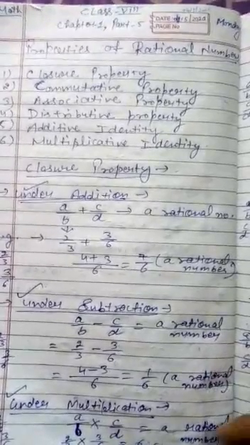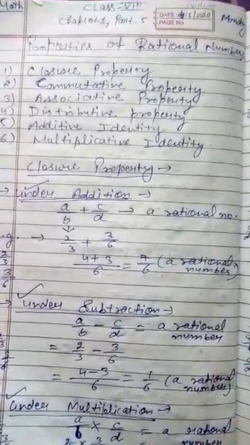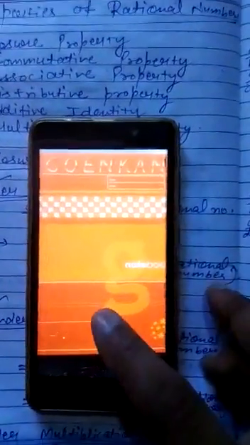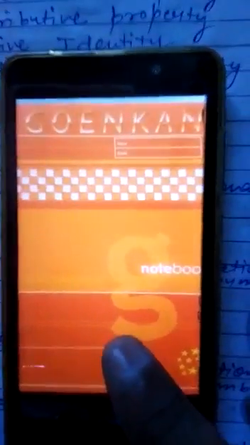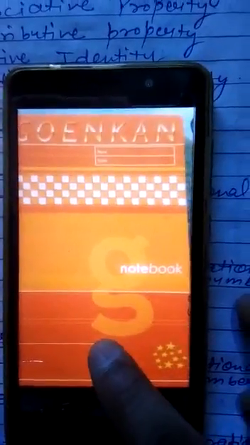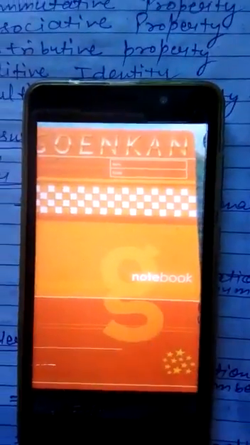Now I am telling you your fair notebook color. Students, this is your maths fair notebook color. This is of orange color. Your maths notebook is of orange color. This is maths notebook inside portion. Here you will write page number and date, and on first page you will write the index as you know. This is the inside portion, and that orange page was the cover page of notebook.